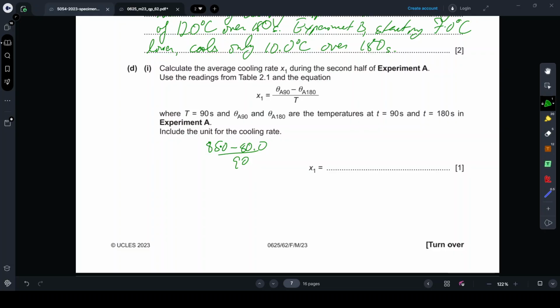So what are we getting? Just a minute. 0.05, 0.0, it's recurring, right? 0.05555. So it will be 0.056, right? Because the